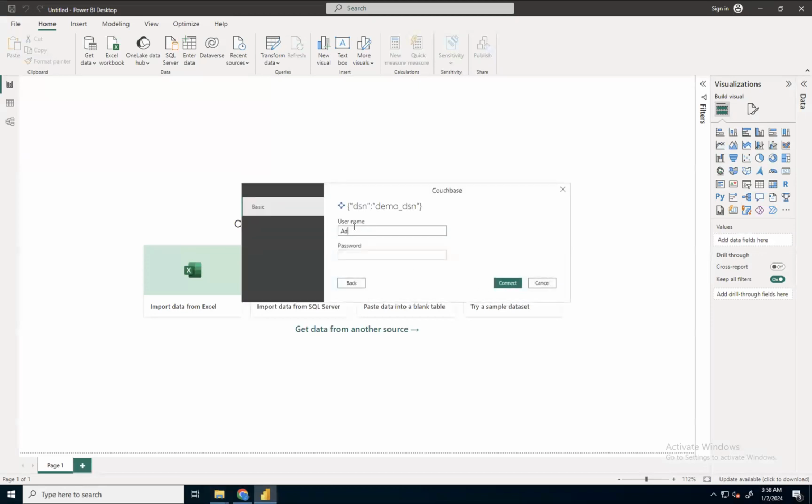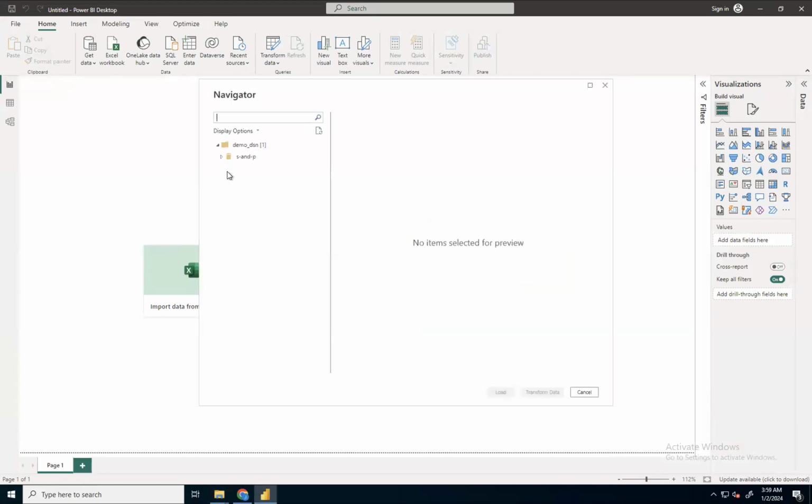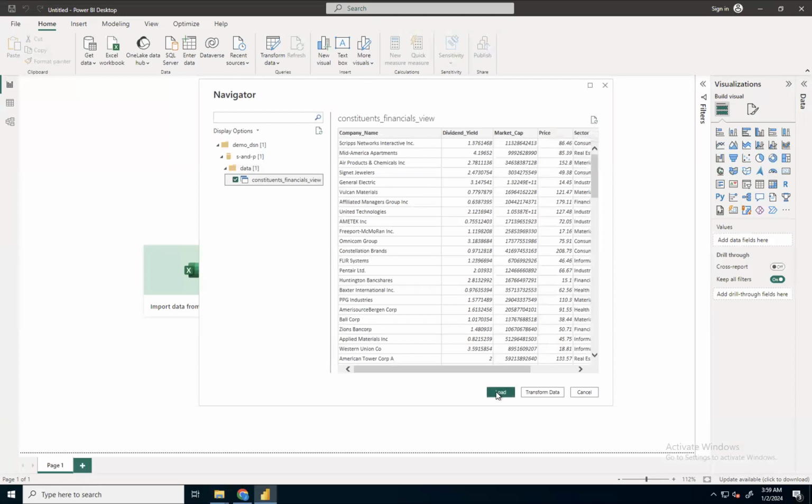I will enter credentials. Connect. SNP data constituent financials view. This is my data. I'll do load.